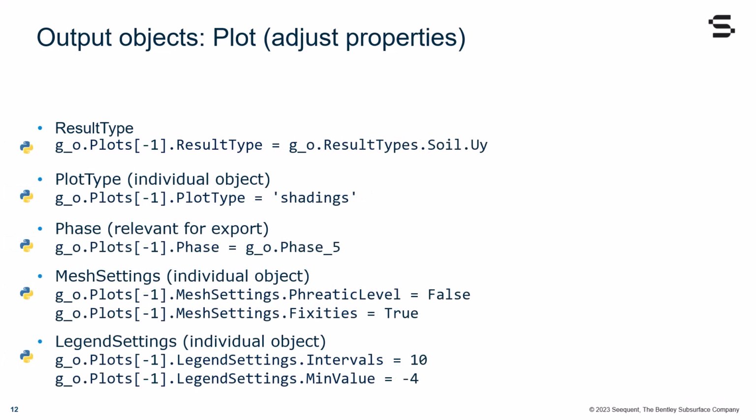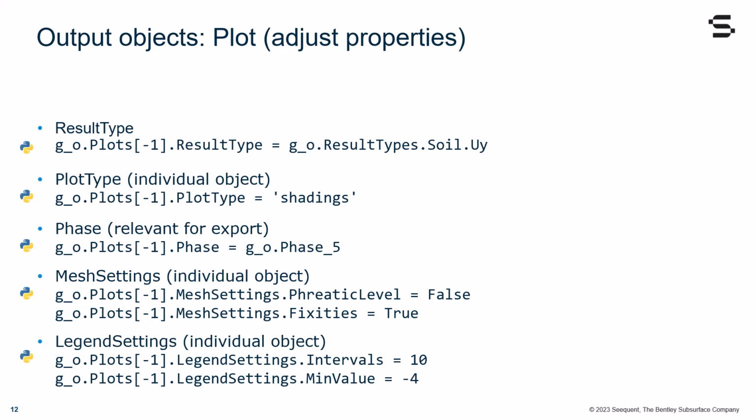In this slide, I have now written the same commands as before, but using the syntax for Python. As you can see, a big change is that I do not use the set command, as in Python I can directly use the equal sign, which allows me to assign the setting to objects. So for instance, in the first case, if I want to change the result type, I need to type go.plots -1 dot result type equal sign